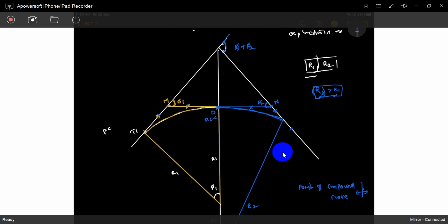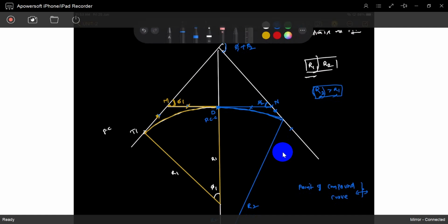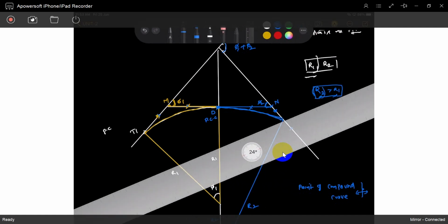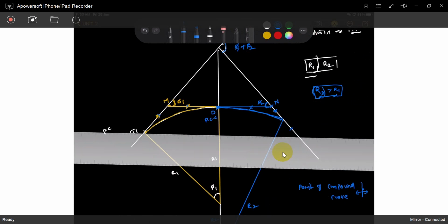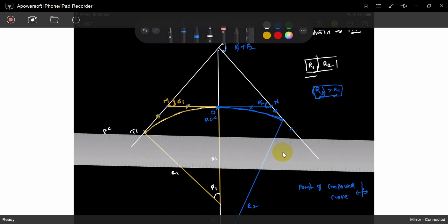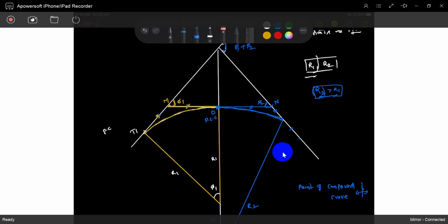Simple curves meeting at the point. Maybe if you see it, you can't join these two points. You can join these two points, but these are not straight because this R is different from this R. Are you understood? That's why I chose the point upper. Otherwise, if the right part R and left part R are both equal, then exactly the point comes like this. Okay, so I choose R2 greater than R1. So the right part I took as a flat curve. Are you understood? I took it as a flat curve.